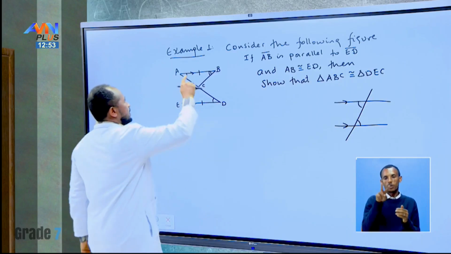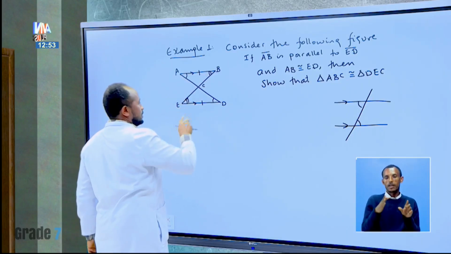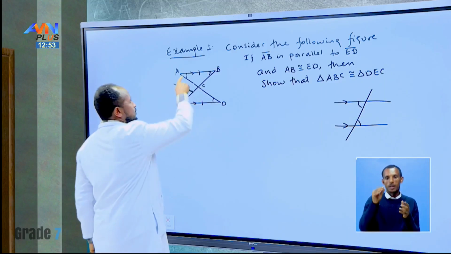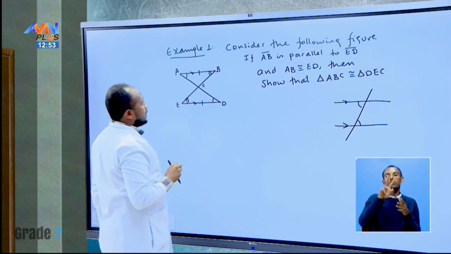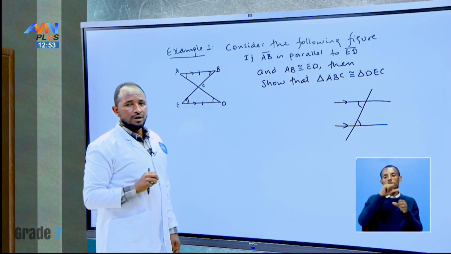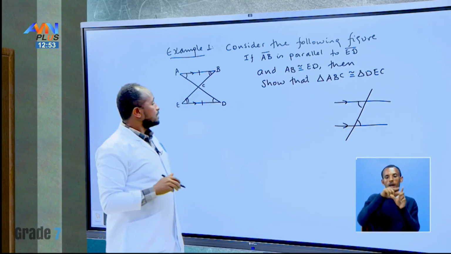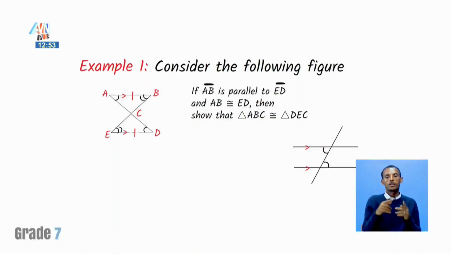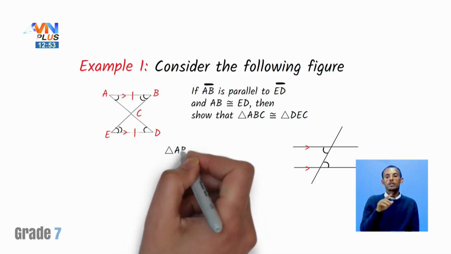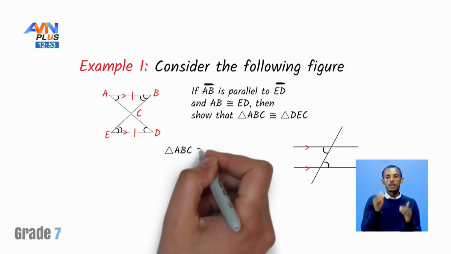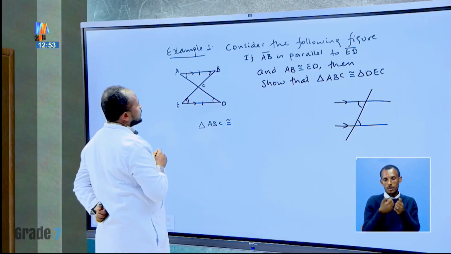Look, here we have angle, side, angle. Again here, angle, side, angle. Two angles and the included side, two angles and the included side. Therefore, these two triangles are the exact copy of each other, or they are congruent. So, by angle, side, angle test. Therefore, here, triangle ABC is congruent to triangle